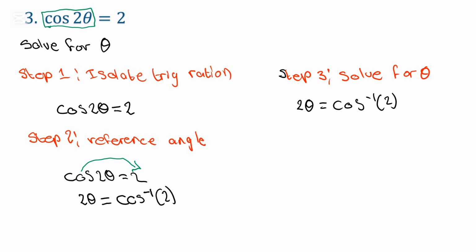So you need to divide both sides by 2 so it can cancel out. Divide both sides by 2. So your theta will be equal to everything on the right, cos exponent negative 1 of 2, all divided by 2, which will give you